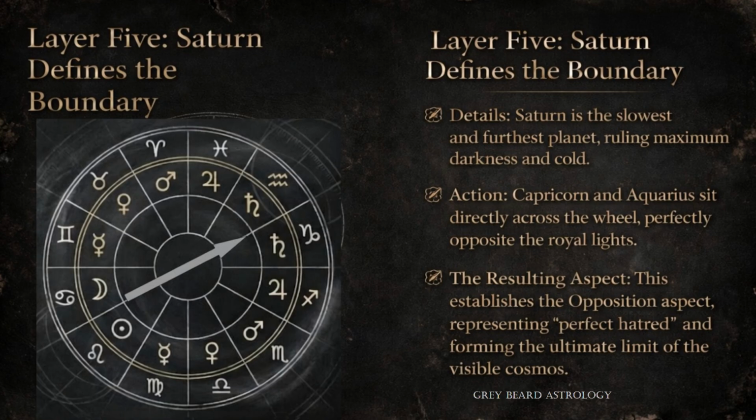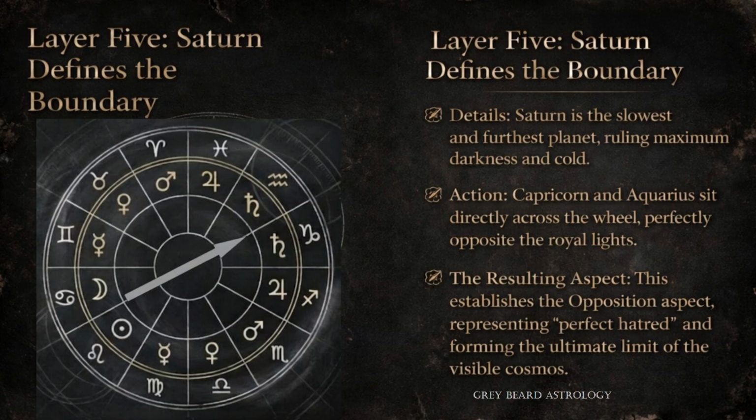As you can see now, where we've been talking about polarities is oppositions. So we have the Sun and the Moon over there in Cancer and Leo, and we have Saturn ruling the signs in opposition, and that comes in the winter months, the time of the death of winter, before the new year, before the renewal of the year. So it's part of the whole life cycle of coming to be and passing away, and so if the Sun and the Moon are the great lights, Saturn is the dark sun. That's a kind of mischievous way to say it, but Saturn is the dark lord, the lord of darkness,